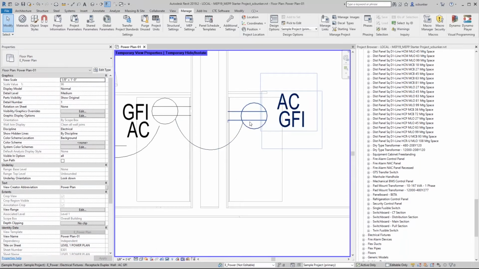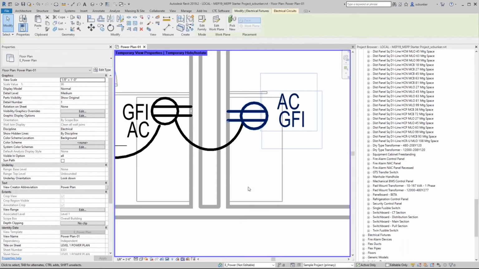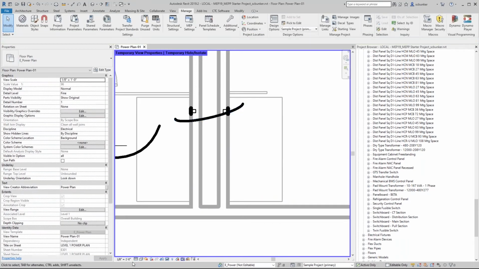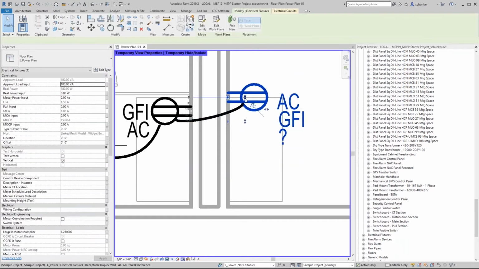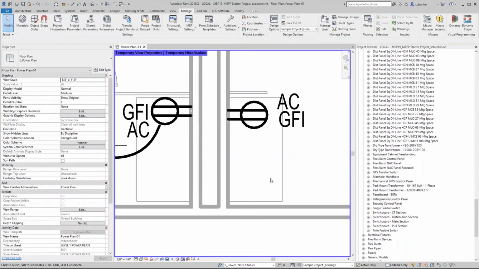So what I was talking about with the symbol being adjustable is you can move this symbol back and forth along the wall without the actual device moving. So that device stayed put right where it was, but the symbol moved. And I'll give you an application for that. I'm going to hide this wire here. Let's suppose you want